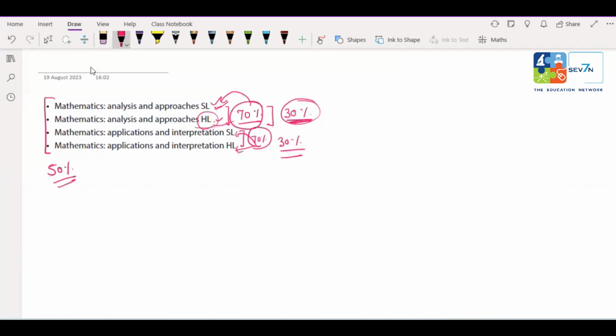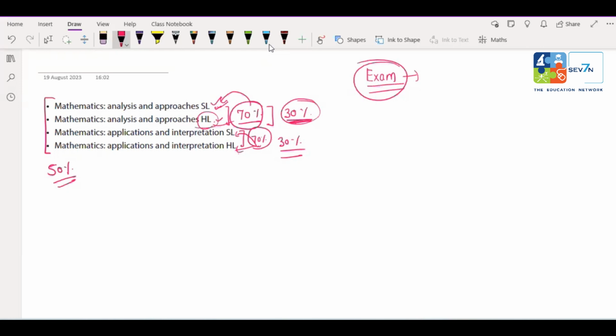Actually, this 30% helps us to differentiate all these 4 levels. And the level of questions is also different. In SL level, we can say that there are not more advanced problems in your maths paper, but in HL level, yes, there are some difficult, or we can say complex, problems. Okay. But still, after that, if we talk about your margin, in AA we have a different set